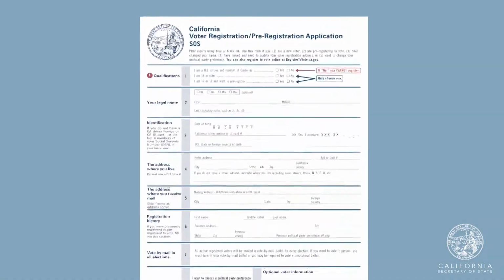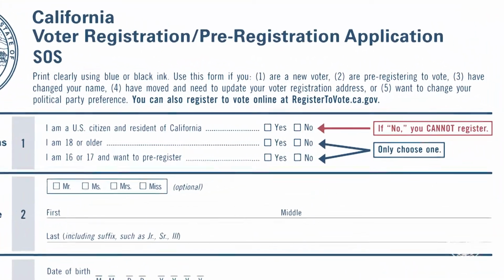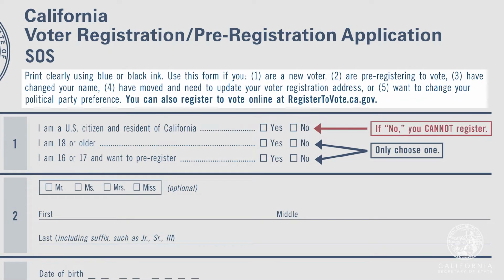When completing the California voter registration card, please make sure you write clearly using blue or black color ink. You should fill out a voter registration card if you are a new voter, are pre-registering to vote, have changed your name, have moved, or want to change your political party preference, or any other information on your voter record. You can also pre-register or register to vote online at